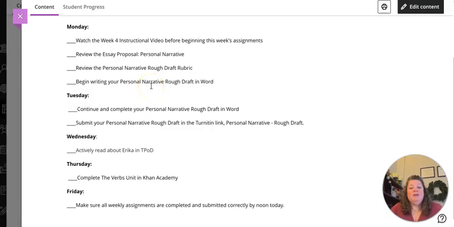And then you're going to begin writing your personal narrative rough draft in Word. And you're just going to be following that outline that you completed last week. So pull up that outline, look over it. The paragraphs are going to remain the same. You're going to have that introductory paragraph, and then you're going to start going into those memories. So make sure you are following that outline when you begin writing your rough draft, because how that works is